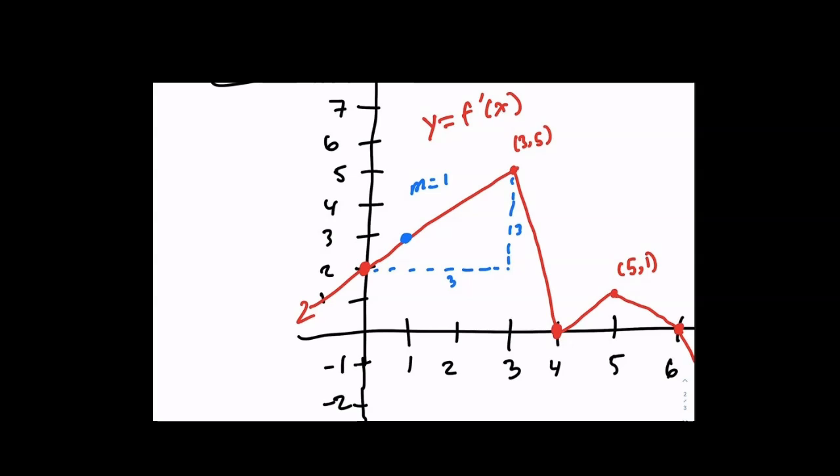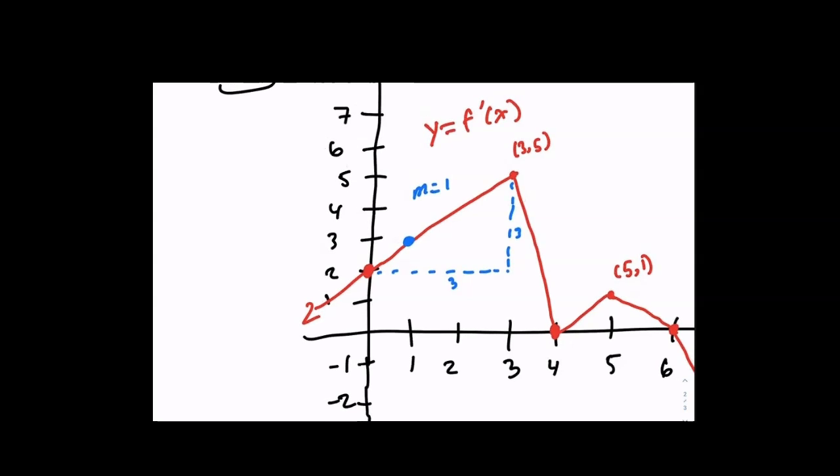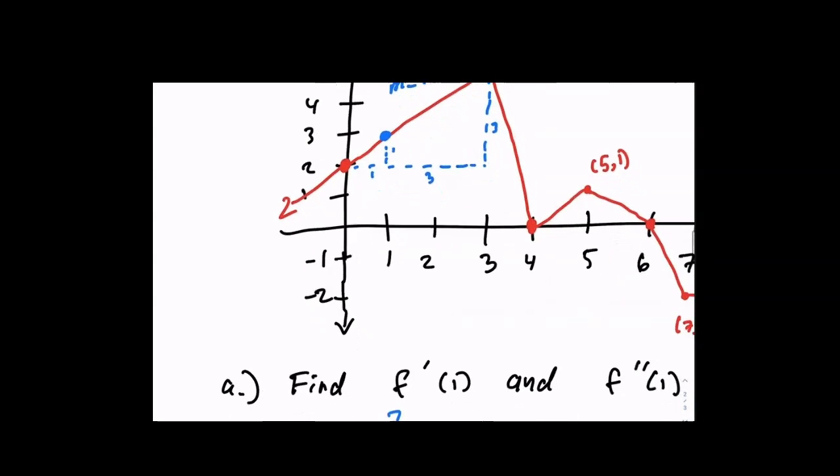We just started from the output of 2. So that means this went over 1 and up 1 exactly, which leads me from the value of 2 to 3. So therefore,